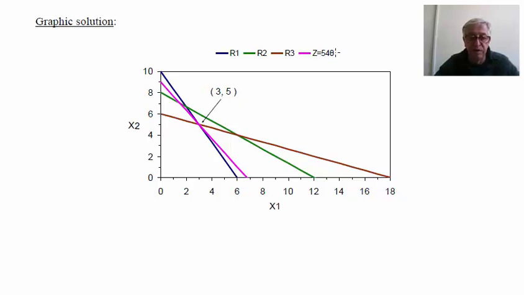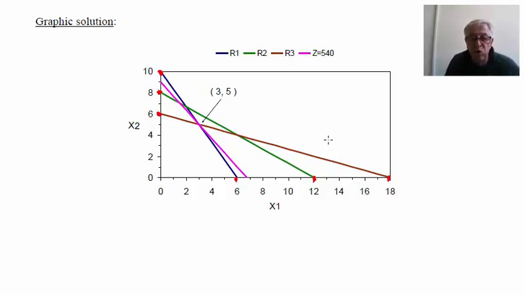To interpret the numerical results, we are going to consider also the graphical solution, which we represent here. So we have the solution domain identified by the boundaries of the restrictions. For example, restriction number 1, we evaluate first this intersection and then this one, and then we consider restriction number 2, we evaluate the intersections in the same way, and finally for restriction number 3 we have this line.